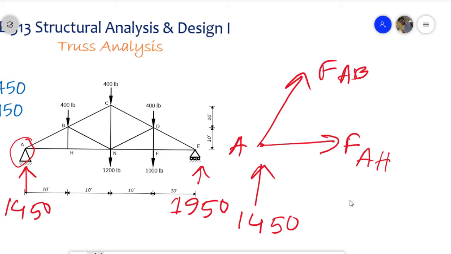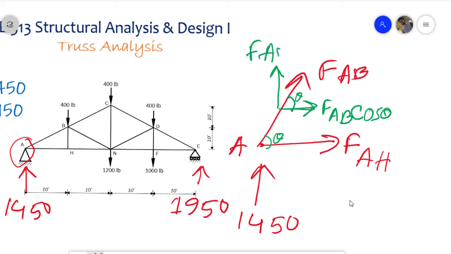Now your next task is to observe whether these forces are in the X direction or in the Y direction. I can see that FAE is in the X direction, but that's why you need to divide FAB into components. And we know this can be divided into two components, one is the horizontal component and another one is the vertical component. Now if you know the angle, say this is theta, and this will also be theta as the similar angle, then it would become FAB cos theta, and this is FAB sin theta.